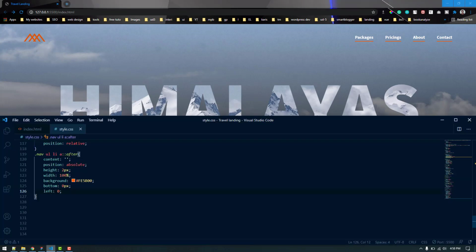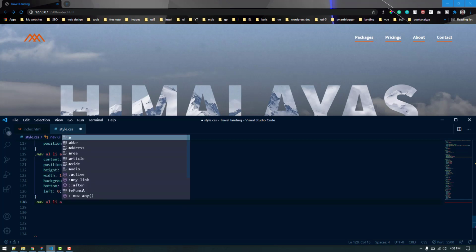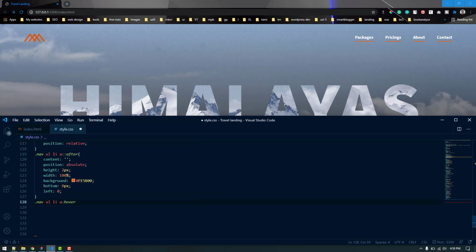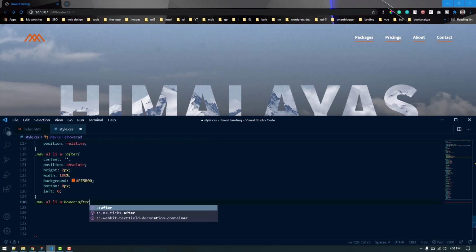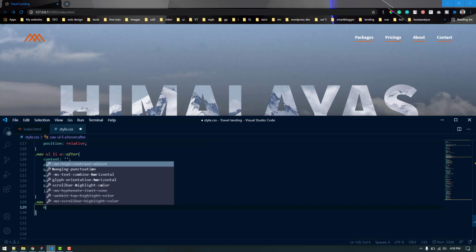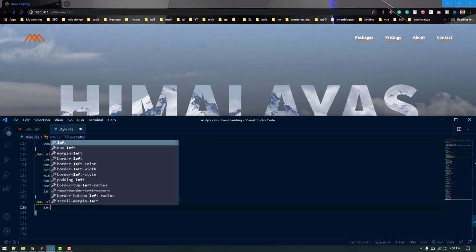So in order to apply the hover effect with the pseudo element, it will be something like this: nav ul li a, and when you hover on the a, so hover, and then we need to add the pseudo element, which is after. So when you hover on that, we need to change the left, right?